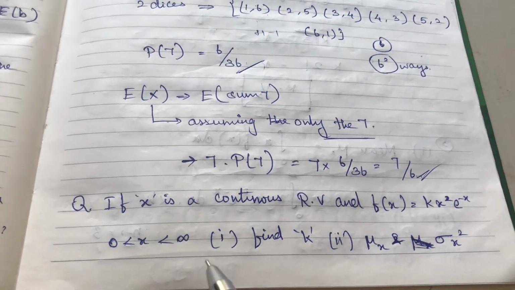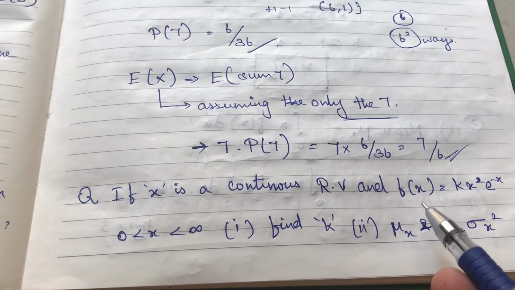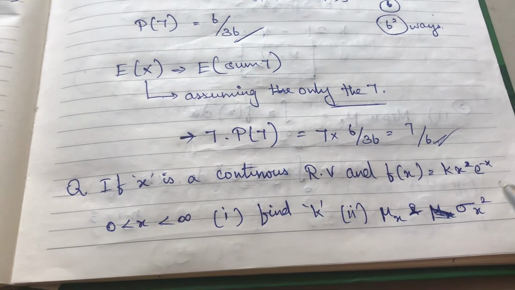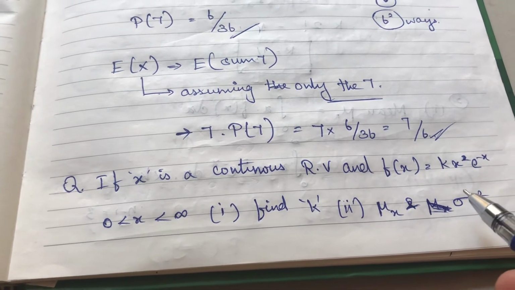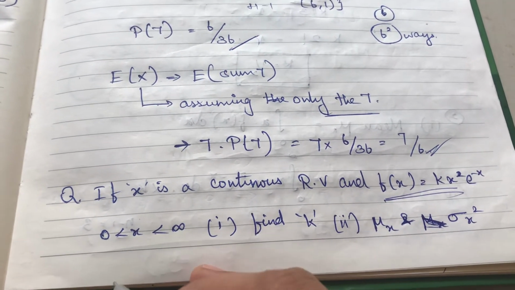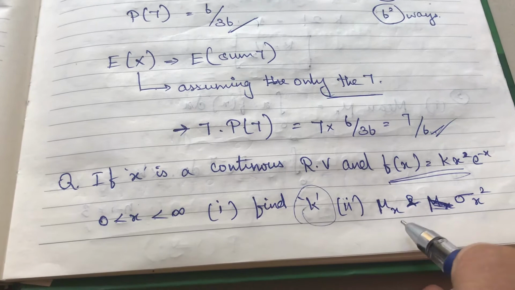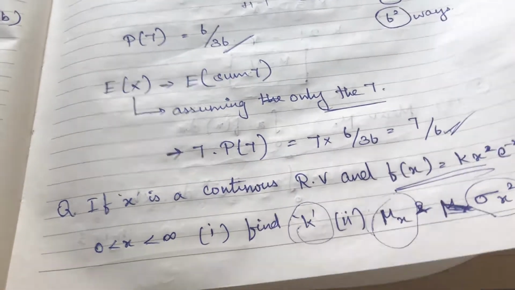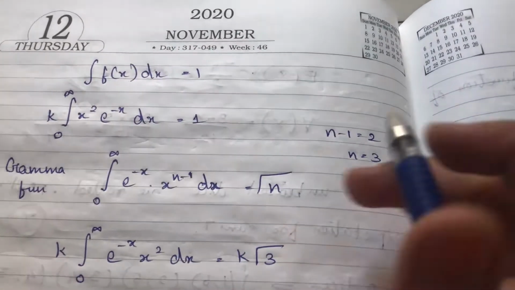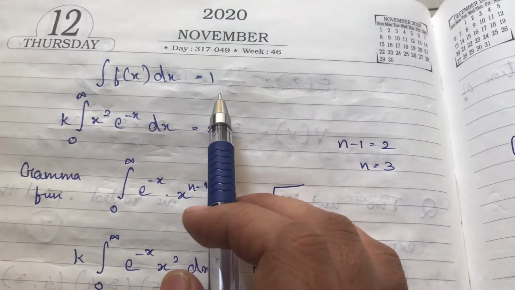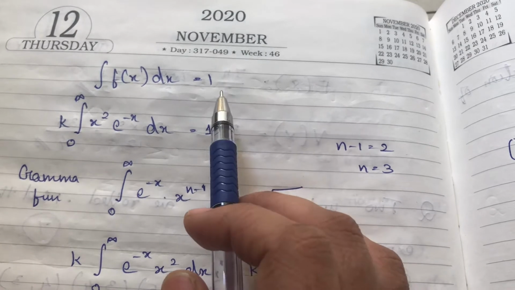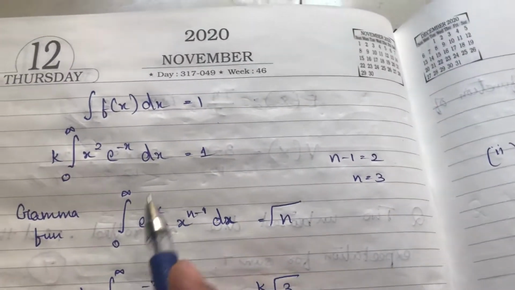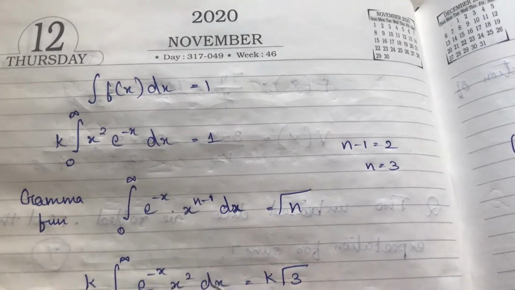And then next question: if x is a continuous random variable and f of x is equal to k into x square into e power minus x. Okay, this is the function and they want us to find k, and then the mean and variance. So for that purpose, if you need to find the constant, you have to equate the equation to one. So here x square into e power minus x, so the formula will be